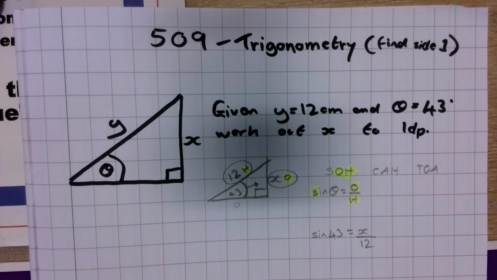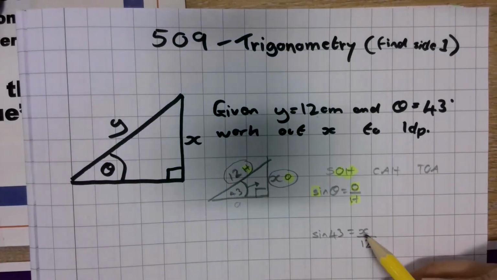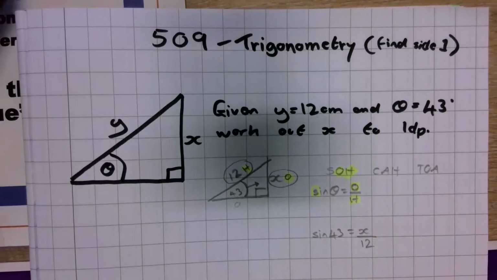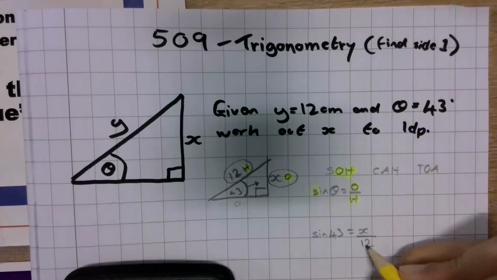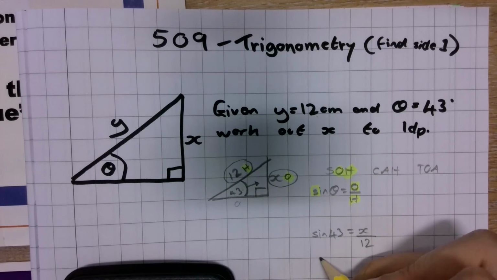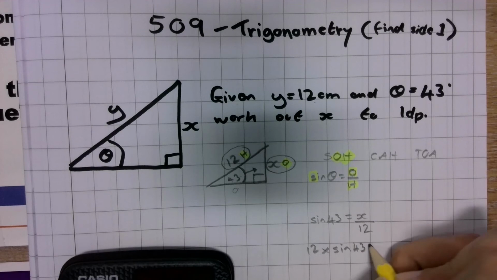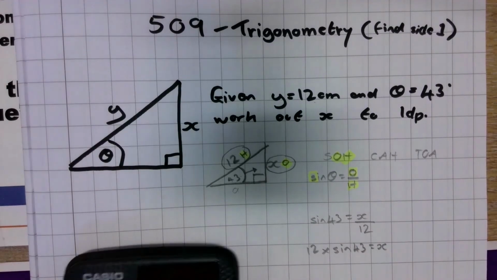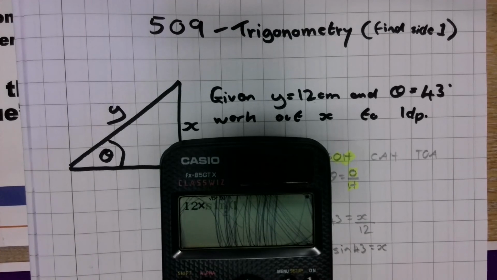which is 12. Now I need to decide how I would get the x on its own. There's a rule here: if the thing that you're trying to figure out is on the top of the fraction, we multiply. So x will be 12 times sine 43. I can put that into my calculator: 12 times sine 43,